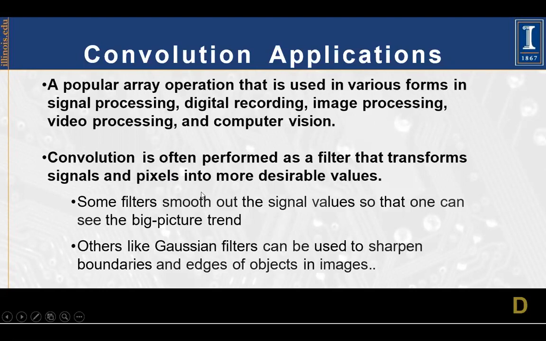Or if it is a picture or a video, we can apply a filter for smoothing of the signal values, like if you take the average of the surrounding pixels and you smoothen out the picture, and there is something which is not required, that averages out in this case. So sometimes you want to smoothen out the picture. So you apply a filter which has such parameters, coefficients, such that the surrounding areas are smoothened out.